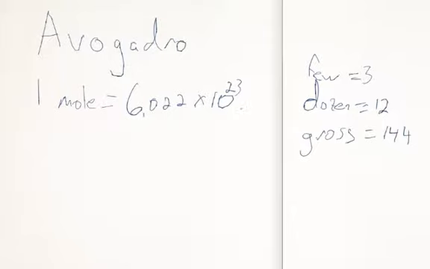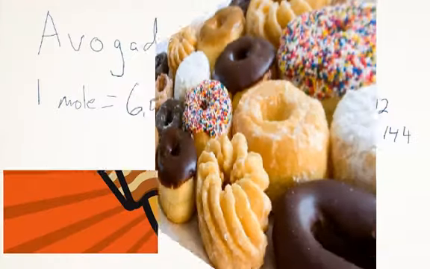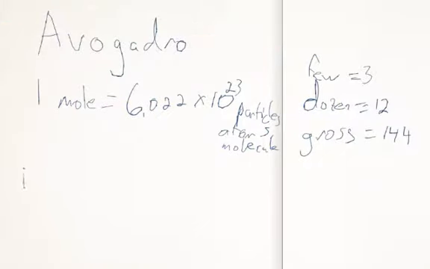Now this is particles. Now particles can be many things. Particles can be atoms, or molecules, or a couple other things. That could be donuts. You could have a mole's worth of donuts. You could have a mole's worth of strips of bacon, whatever made you happy as a person. But also, very importantly, 1 mole of anything, that same mole, is equal to the mass in grams